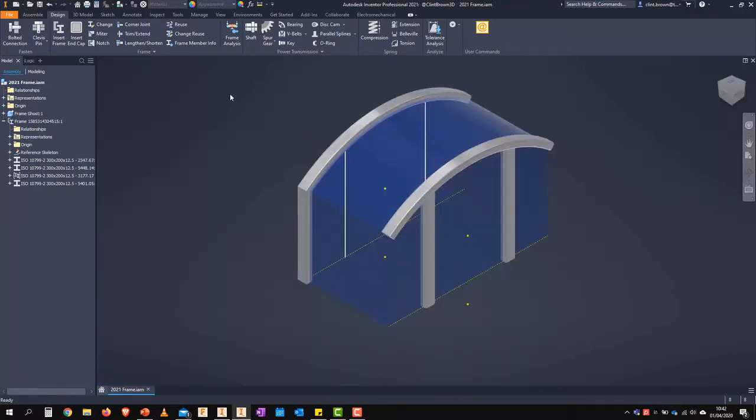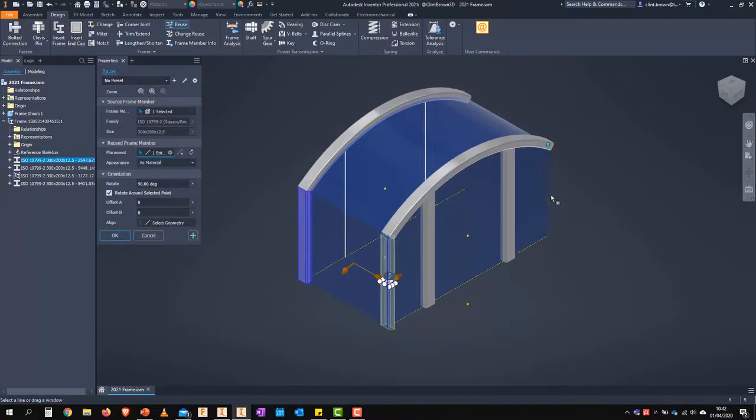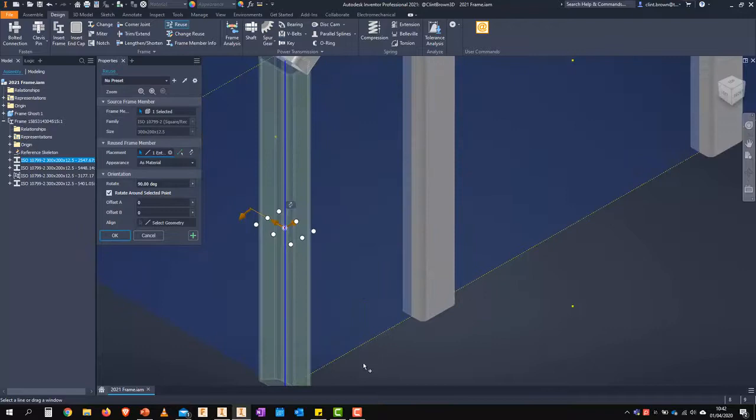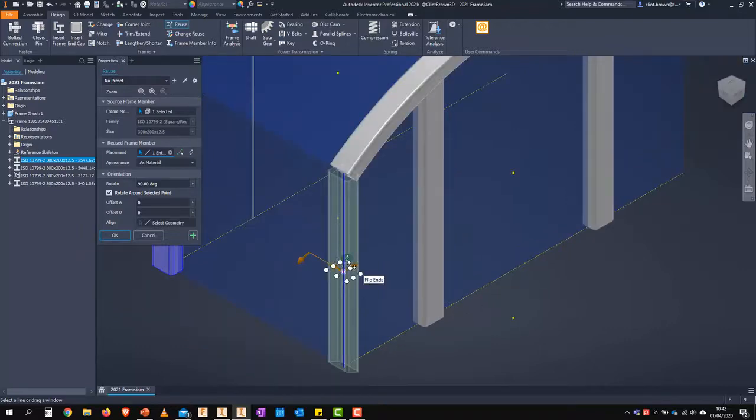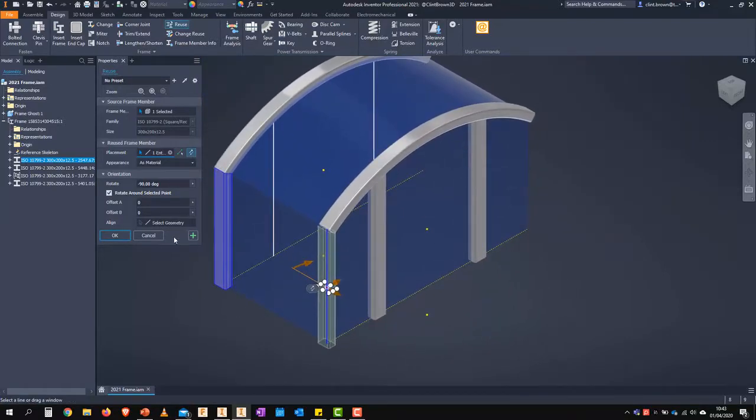We can also reuse a frame member. So if I click on reuse, choose the frame member I want to reuse, and then it's just a case of selecting where I want to put it. Now, because we've mitered this component, you'll see that this frame over here is coming in upside down. So I have a little flip ends to toggle it, and then I might want to drag that around 90 degrees so that the miter comes through. So we'll apply that one,